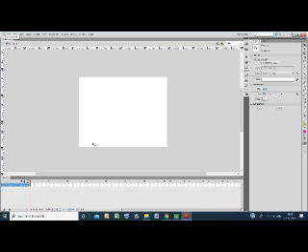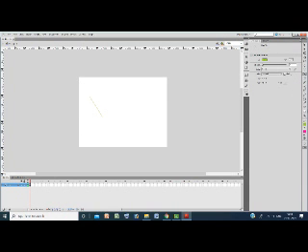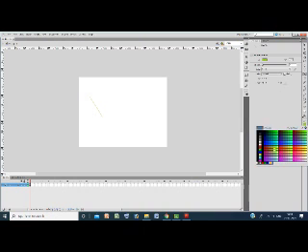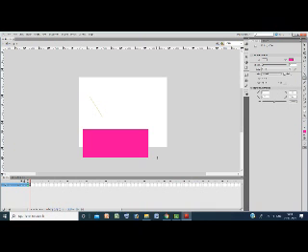Children, now we will move to the next part of this window, the stage. The white rectangular area in the center of the window is called the stage. All the animations, objects, scenes are created and edited in this area. Here, this grey area surrounds the white area. This grey area is called the work area. The things we create in the work area are not visible in the final movie. The things available in the stage will be displayed in the final movie.